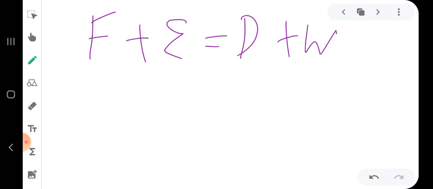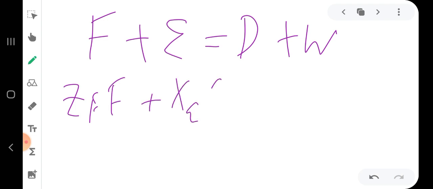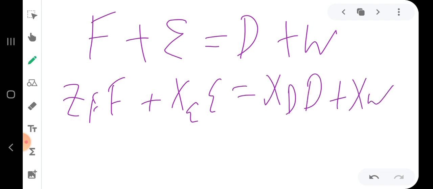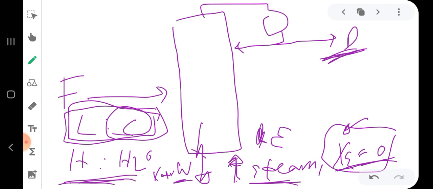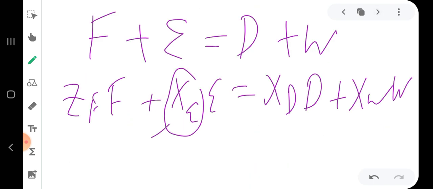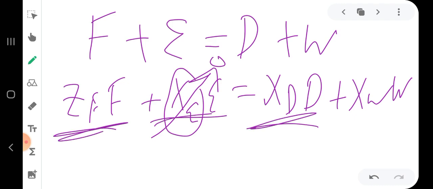And for the component material balance, we will have zF F plus the composition of E multiplied by E is equal to xD D plus xW W. And since we refer to the composition of the more volatile component, xE, as we discussed here, will always be zero because we don't have any light component in this hot steam. So this will always go to zero. So we will have zF F is equal to xD D